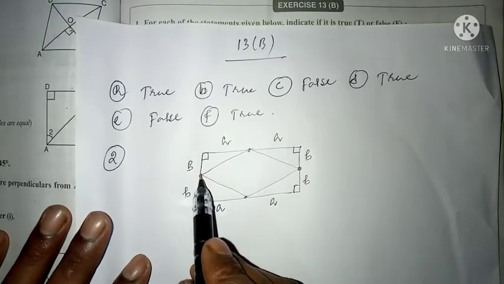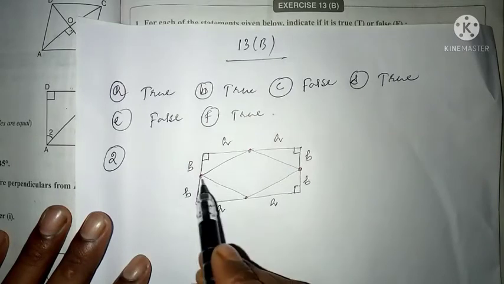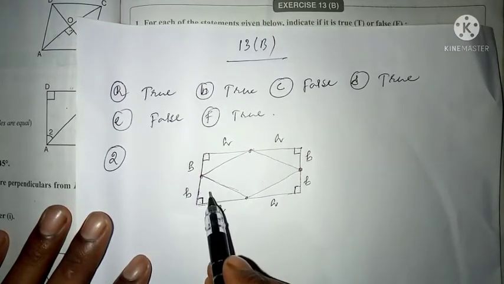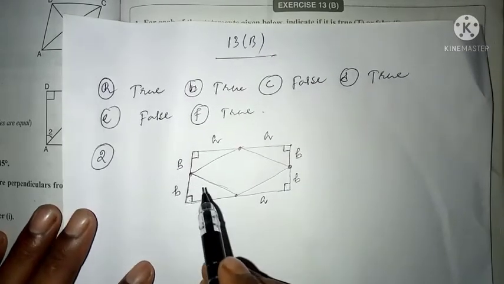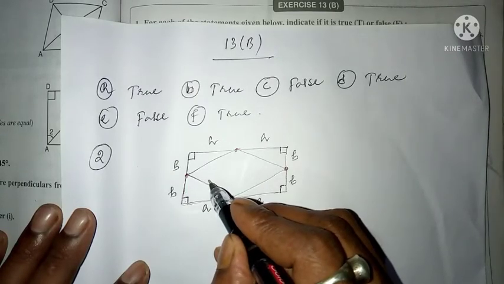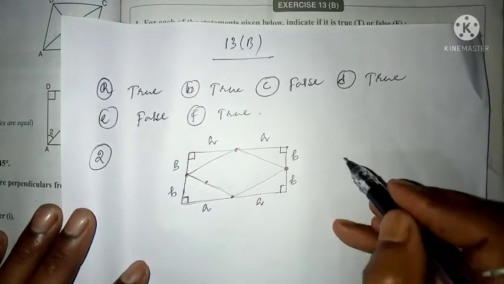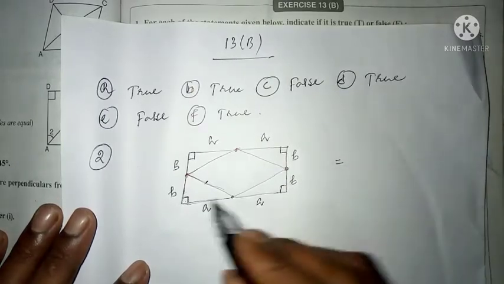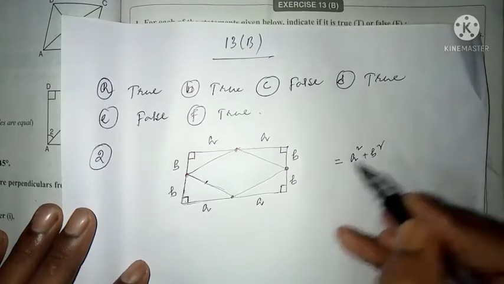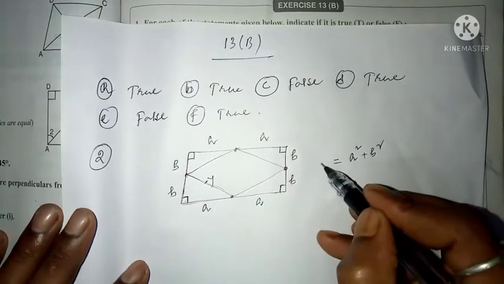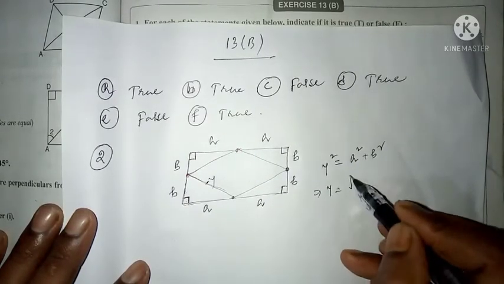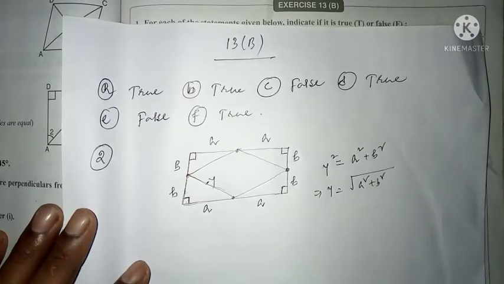Now if I consider this triangle only, then you can see one angle is 90 degrees, that means it is a right angle triangle. Now if I apply the Pythagoras property here, we know the square of a diagonal, say this is your diagonal, is equal to the sum of the squares of the other two sides. So it will be a square plus b square, and I am assuming this one is y, so I'll write y square. This is the formula. Then if you remove the square, it gives us the square root of a square plus b square.